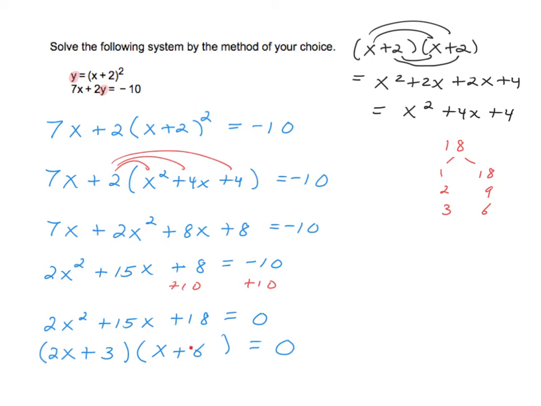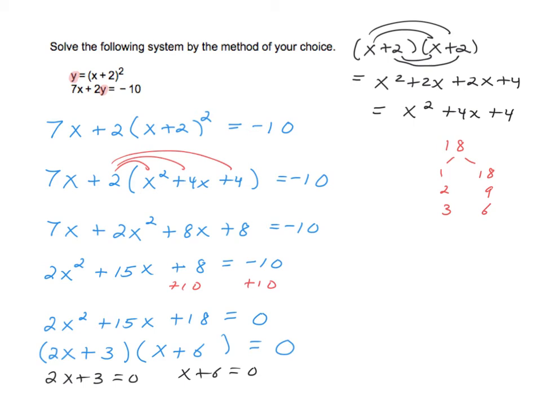The reason is 3 times 6 we know gives us 18. These two numbers don't add to 15, but that's okay. It's really 2 times 6, which is 12, plus 3 times x, and that extra 3 to 12 gives me 15. Here are the two linear factors. 2x plus 3 is equal to 0, and also x plus 6 is equal to 0. From here we can get our two x values, and then we can use either of these equations to find the corresponding y values. I'm going to start with